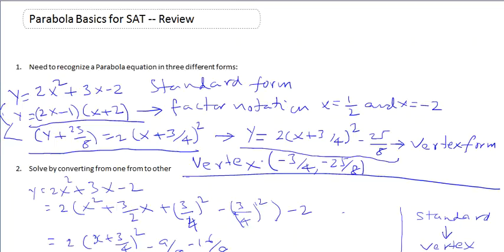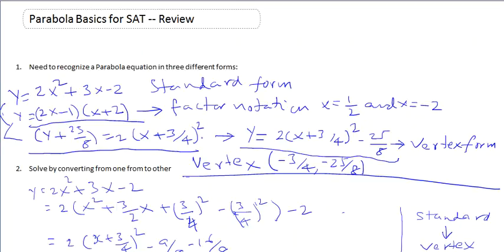So the usefulness of each of these forms is, for example, if you write it in a factor notation, it's very easy to find out the roots or the solutions of the quadratic equation. You can see that when x is equal to half, 2x minus 1 becomes 0, so y becomes 0. Or when x is equal to minus 2, again x plus 2 becomes 0 and y becomes 0. So the two roots of the equation are x is equal to half and x is equal to minus 2,